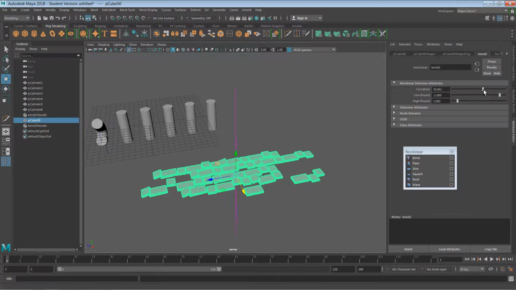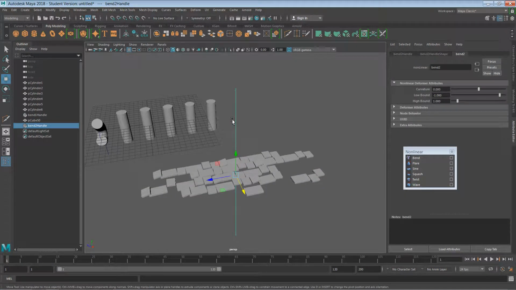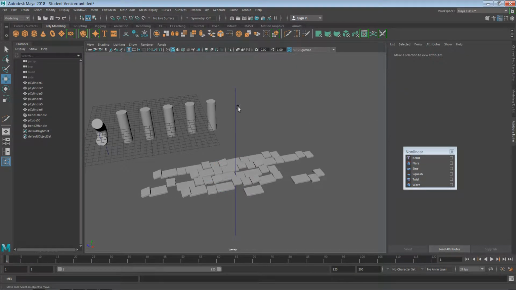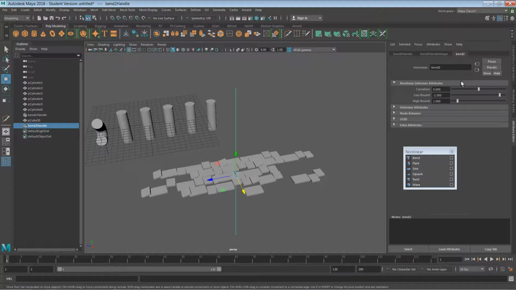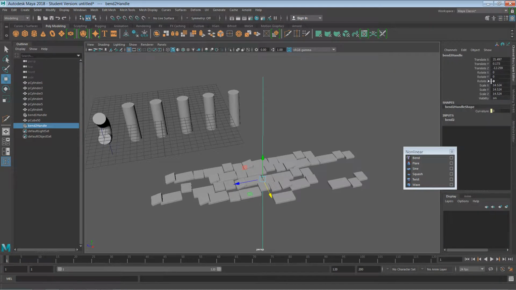And you can always change the curvature and it'll look weird like this, right? That's not what we want. What we want is that we want the bend to actually go along the surface of the ground. So we want to change the rotation of this little control point or this little handle here and change it to rotate along the x-axis about 90 degrees. So right now it's flat down on the surface, and what we can do afterwards, I'm going to pull this up a little bit more,